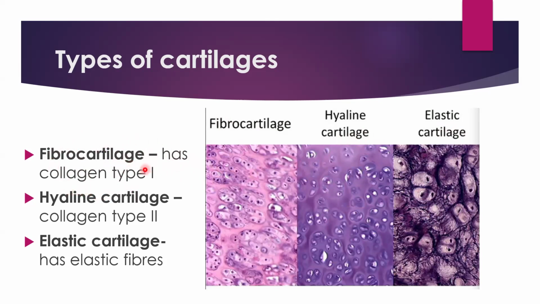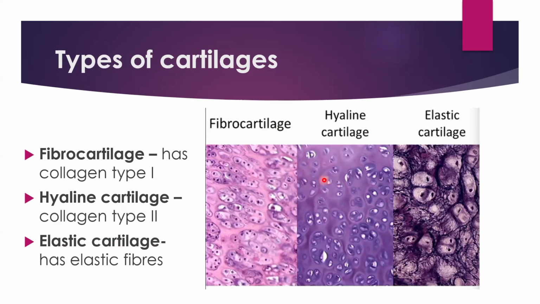Fibrocartilage has collagen type 1. Hyaline cartilage has collagen type 2. And then elastic cartilage has elastic fibers. So, the point to appreciate is that all these cartilages will have